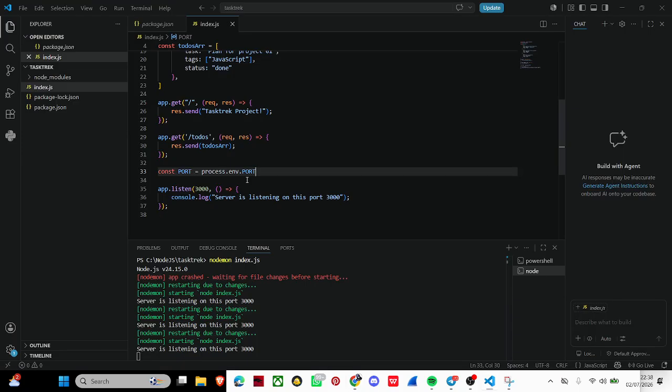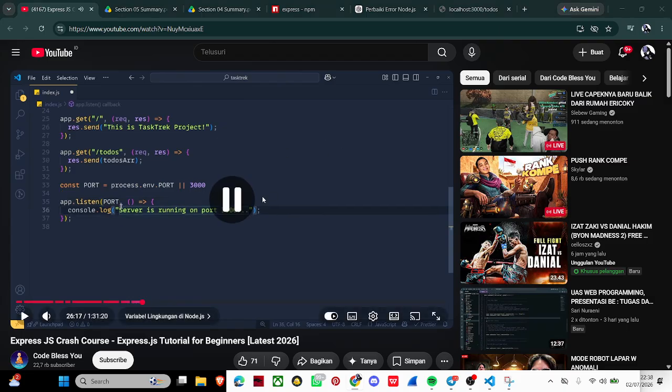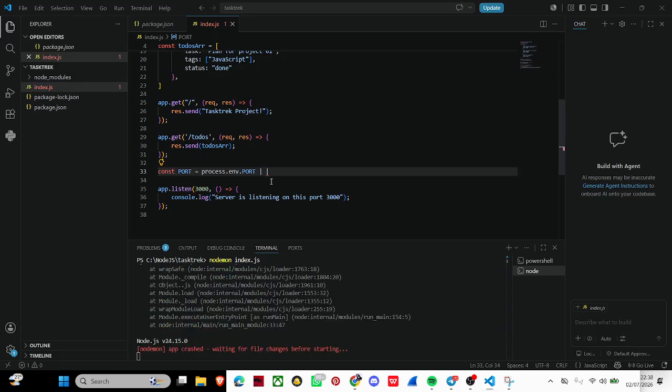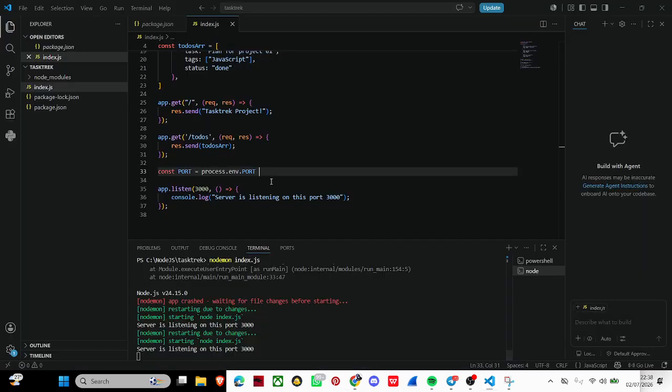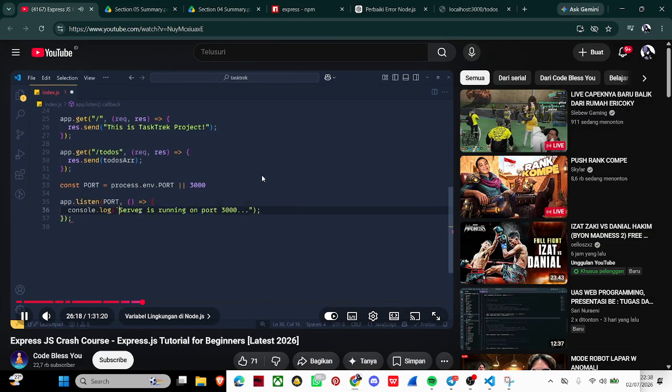Now let's pass this port variable in place of this hard-coded port, and also we will change this console message. Let's make this string a template string using backticks, because in template strings